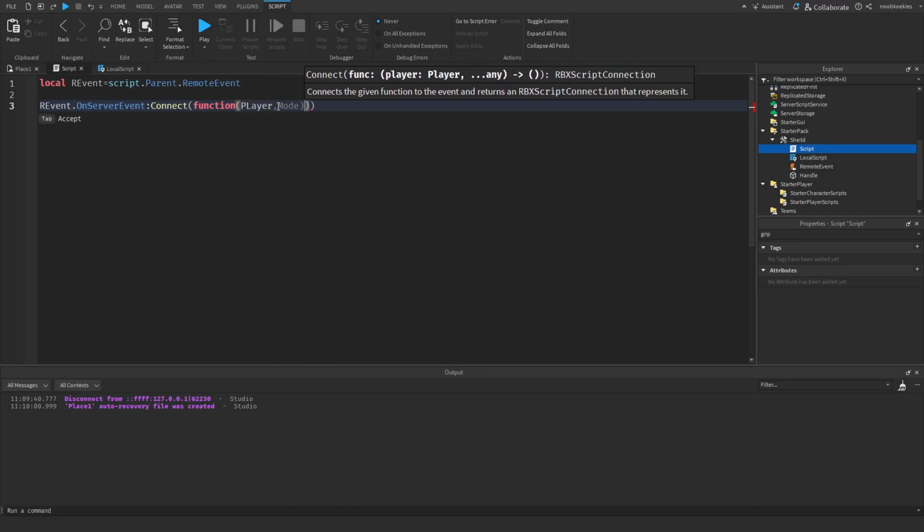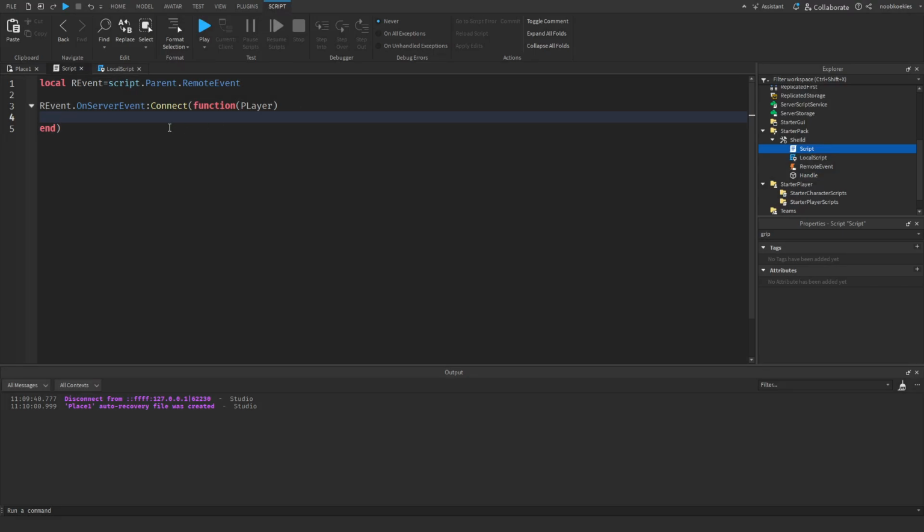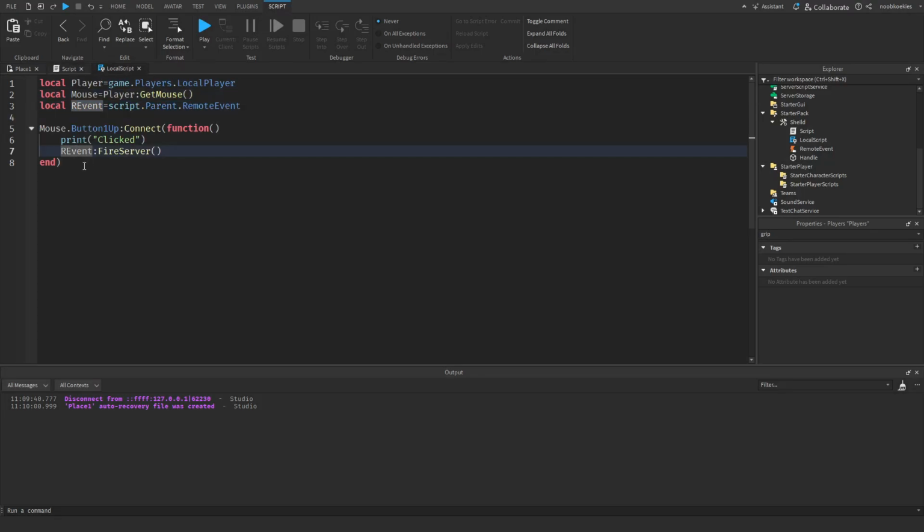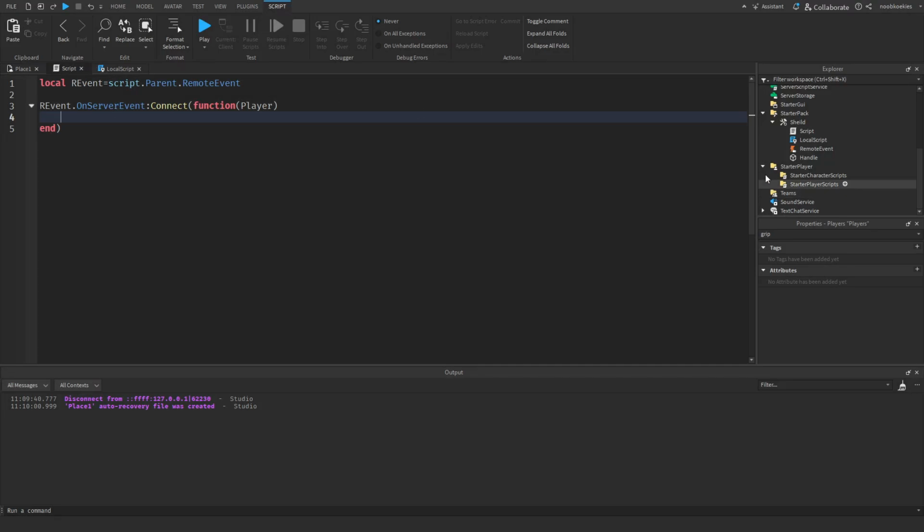So we got a player who actually fired the event, a player, not the character, not the thing inside the workspace, the player, which is the thing inside here. We got a player who clicked his mouse. So if the event fires, if it gets to here, if it actually sends a signal, we are gonna want to do